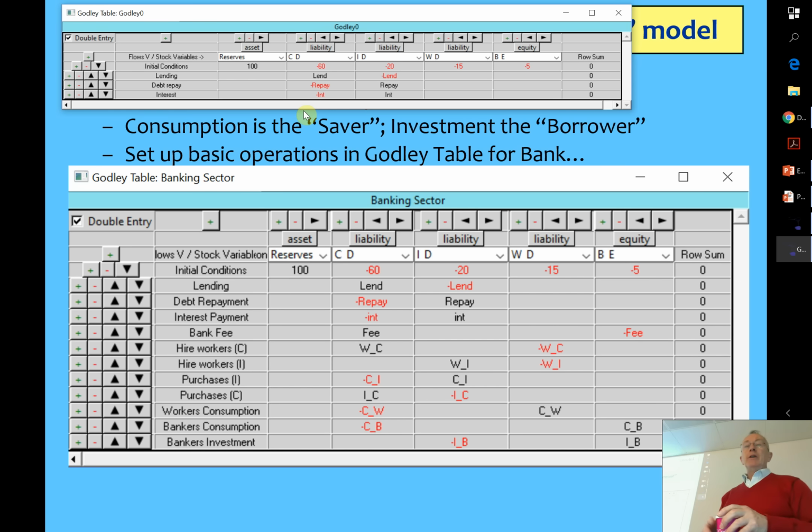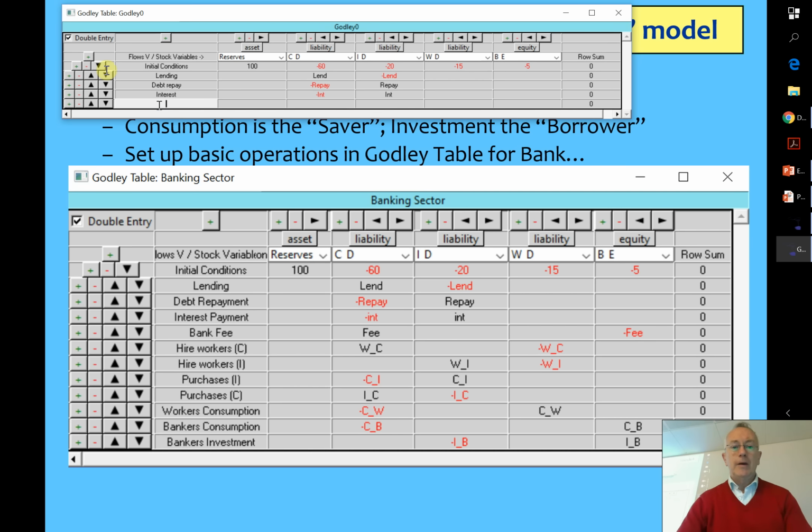Of course, what's going on here is, you can see if the consumer sector goes up, the investor sector goes down in the amount of money. And then with the interest payments being made, the interest, which is a cost to the investment sector, is an income to the consumer sector. So everything is balanced in that sense. That's the main reason they don't see any problems with the amount of debt. Okay, and interest is there.